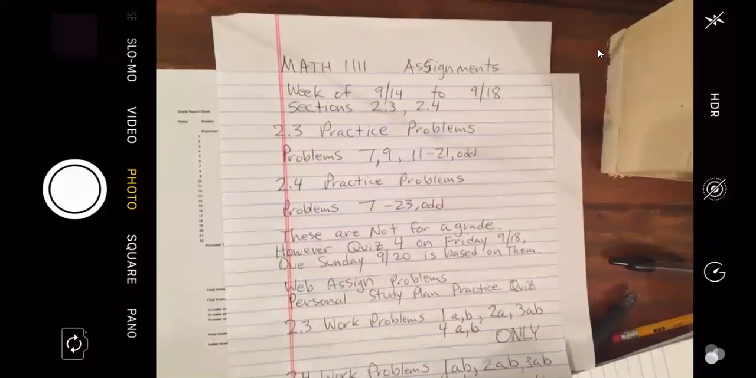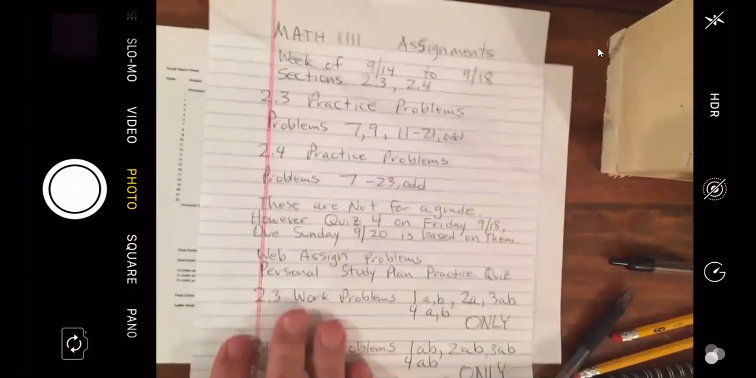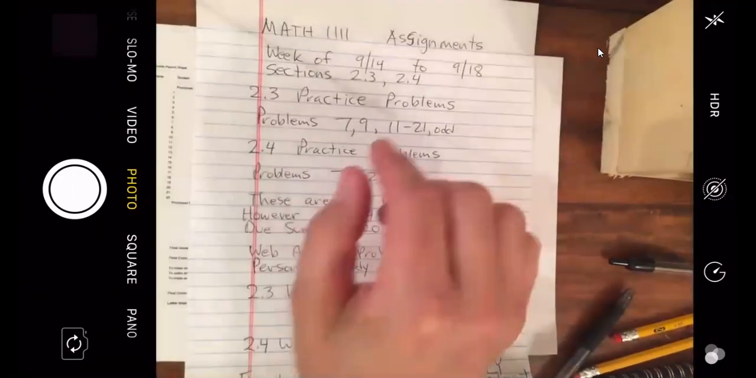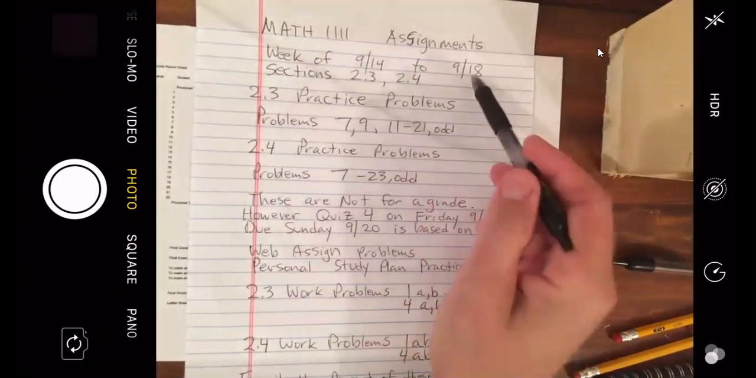I didn't get a chance to make a separate video about the assignments yesterday. I didn't have time, so I thought I'd start off just with that. It's just one page. It won't take long. Hopefully it's pretty self-explanatory. People are hopefully used to it by now, but for this week of 9/14 to 9/18, we're